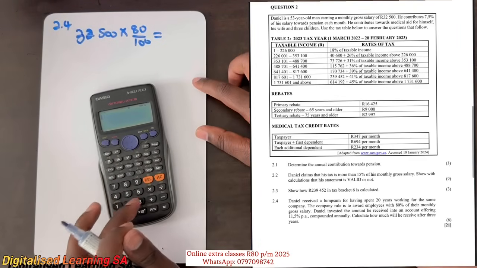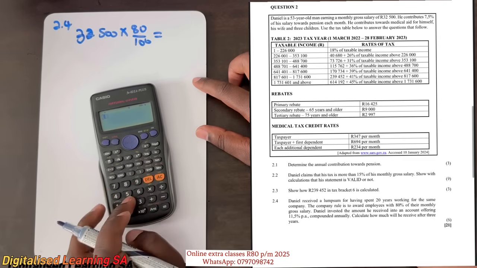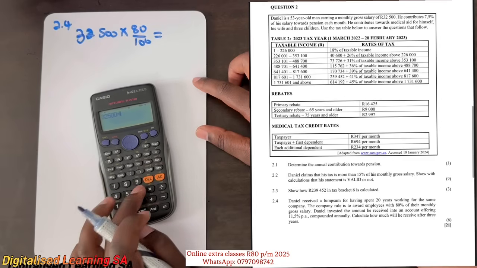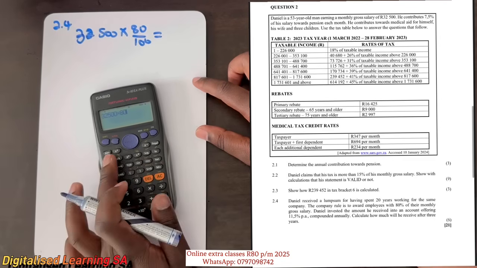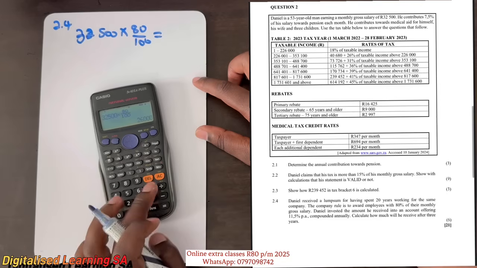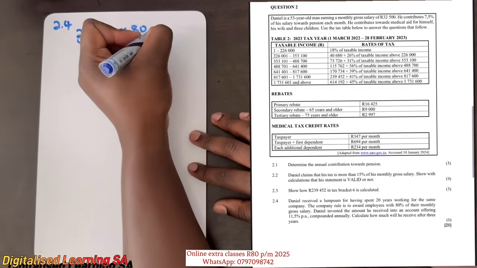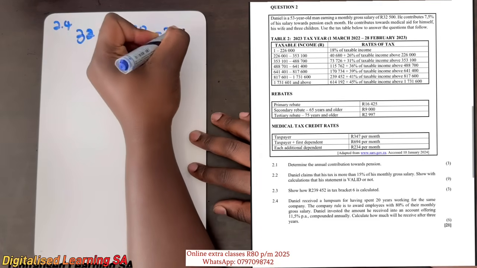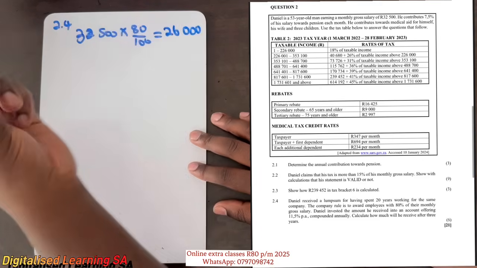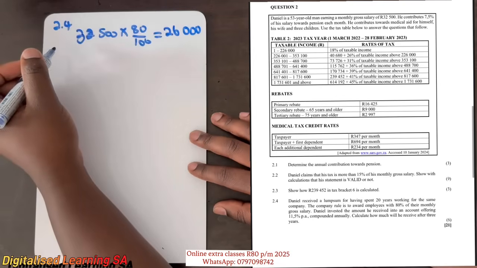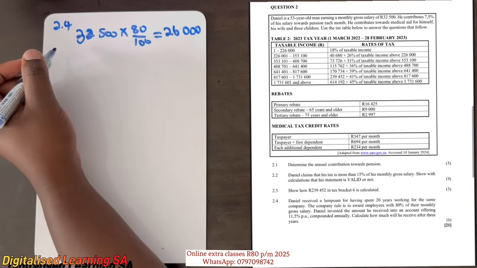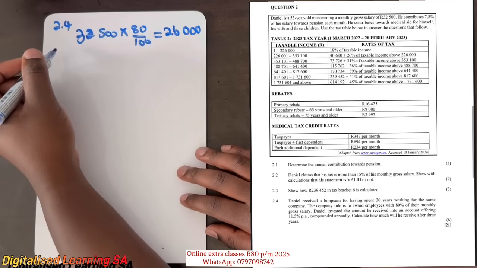So let's see how much you will receive as the lump sum. It's 32,500 multiplied by 80 divided by 100. So you will receive 26,000. Okay, so we are told that Daniel invested the amount he received into an account offering 11.5% per annum,